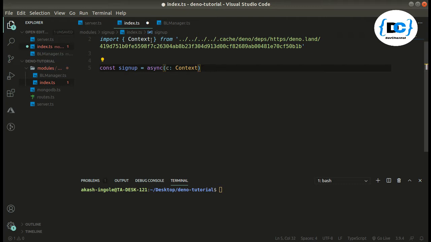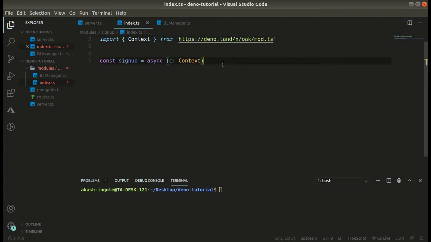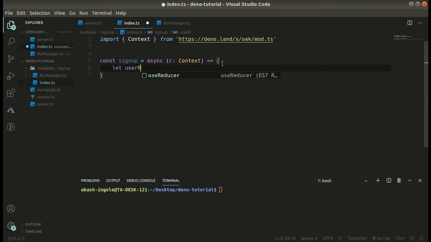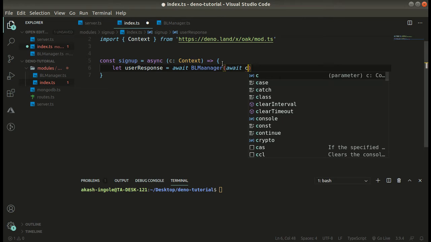So it will be of context type and it is getting it from cache. So I do not want that. Cool. So here I am going to call the BL manager, and I'm going to pass the incoming request.